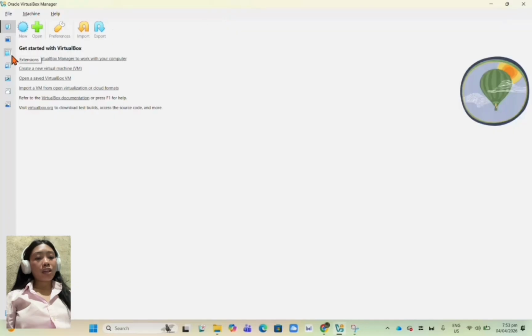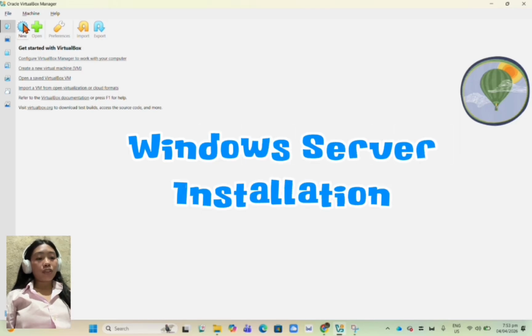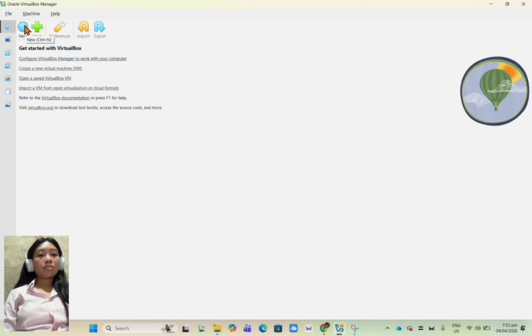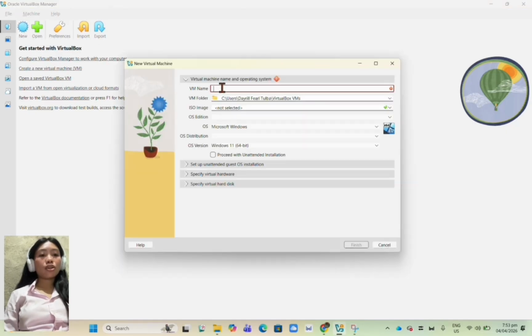I will demonstrate the installation of Windows Server using the virtual machine, and in this case I already downloaded the ISO Windows Server, the 2022 version. So open the VirtualBox machine, click new, then a machine form will appear where you add a name to your virtual machine. For example, Win 2022 server,